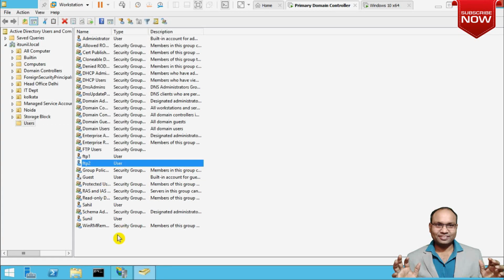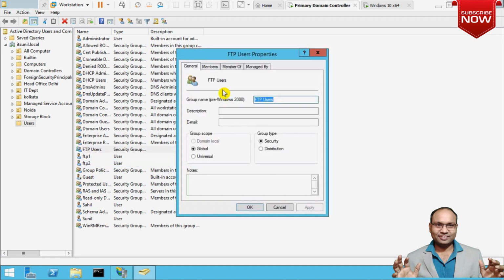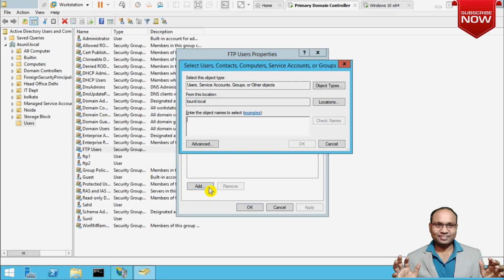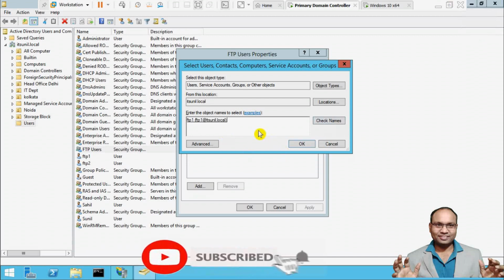Okay, now click on the FTP group. Here's the FTP group. Click on here and add all the users which we want to allow on the FTP server. So I'm going to select FTP1 and FTP2.